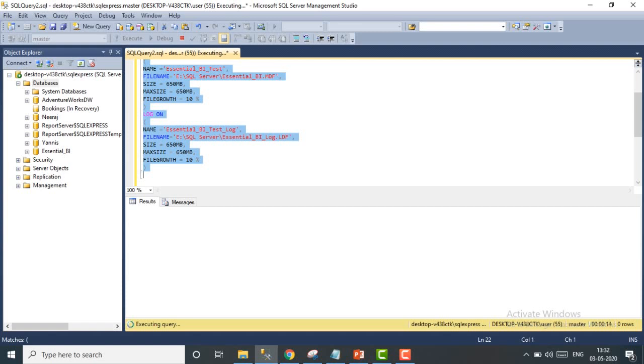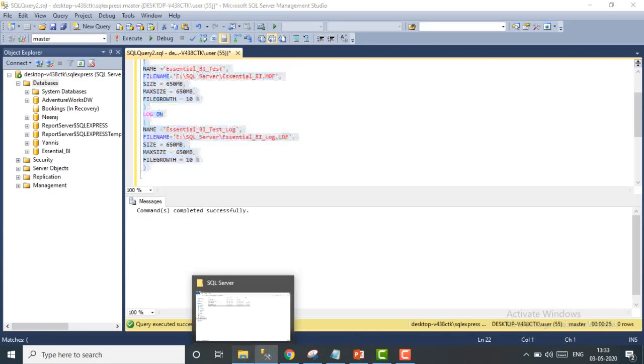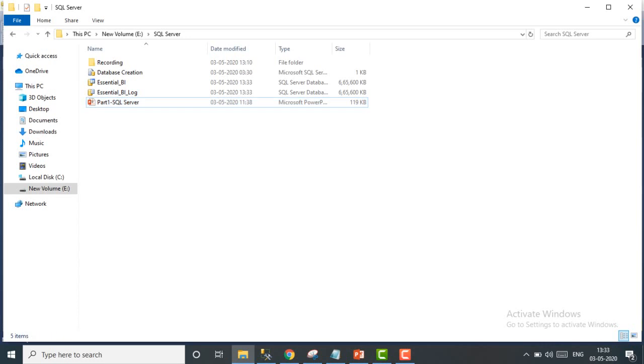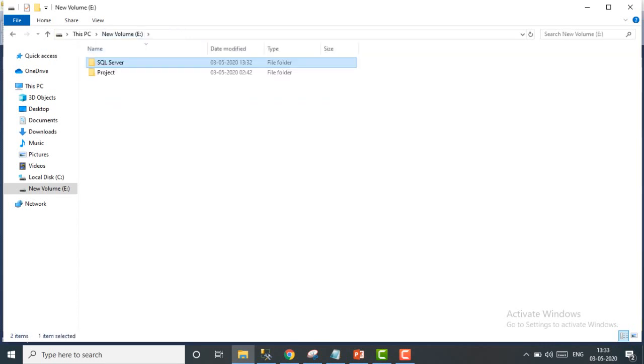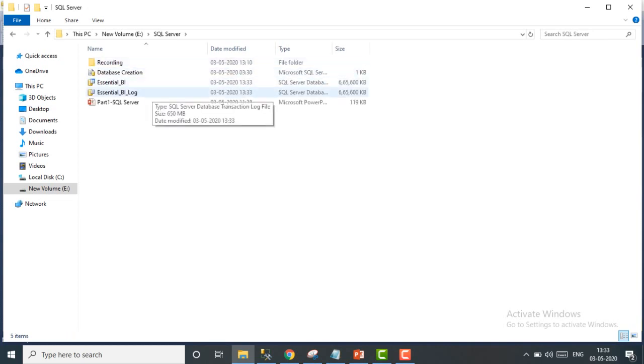Once this database has been created, it will have a size of 650 MB. The maximum size would be 650 MB, and file growth would be 10%. If I want to check whether the file has been created or not, I have given a file name here, so I have selected this file name.